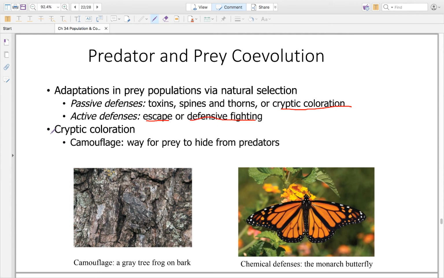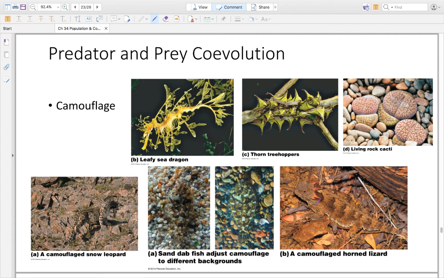Okay, cryptic coloration, there's a couple of things. Camouflage, for example. If you look at this picture here, can you see the animal? It's pretty hard to see. It's a frog right there. Look closely and you'll see him. He's camouflaged completely into that tree. This is the monarch butterfly. They have evolved a chemical defense. If anything comes near them, they'll release their defenses. So camouflage is a direct result of predator-prey coevolution, and here's a couple of interesting